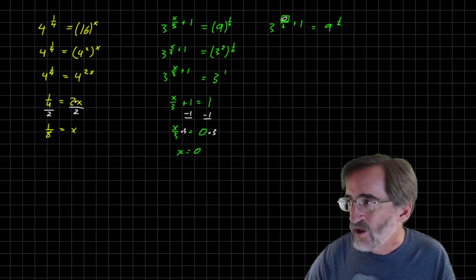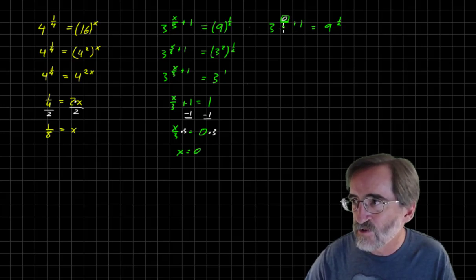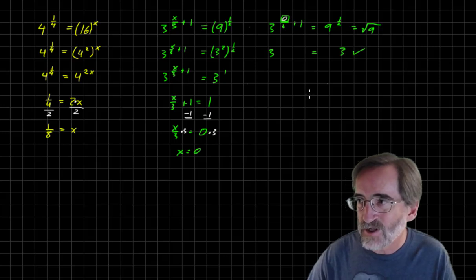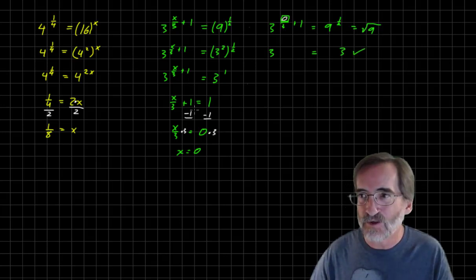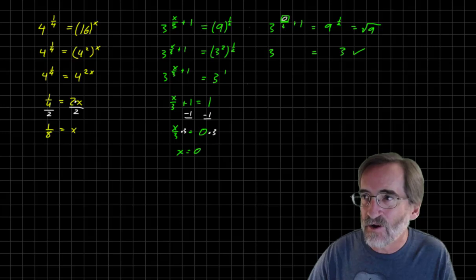Okay, and 0 divided by 3 is 0. 0 plus 1 is 1. This is 3 to the 1, or 3. And 9 to the 1/2 is the square root of 9, which is 3. So it checks. It does equal itself. Okay, so now,